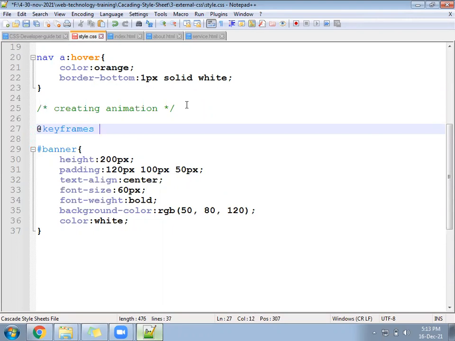After that, you have to write the name of the animation.